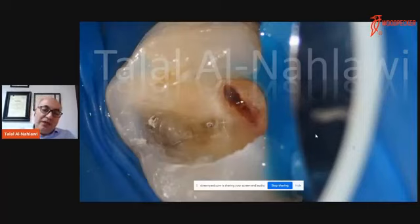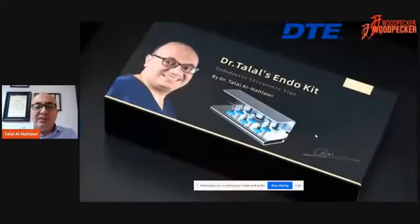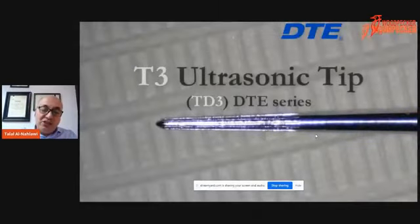First of all, the pulp chamber has to be opened, penetrated. The tip will not go like the bird to penetrate the pulp chamber. First of all, the pulp chamber has to be penetrated like this, and after that, I can use it. And this was the cause of the irreversible pulpitis. We have cracks and the caries, and then, as I told you, we can enter from this penetration, this hole,